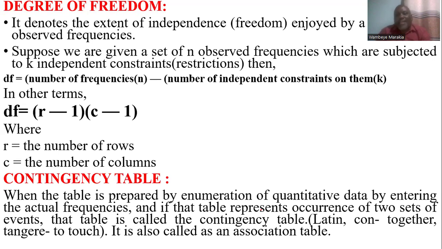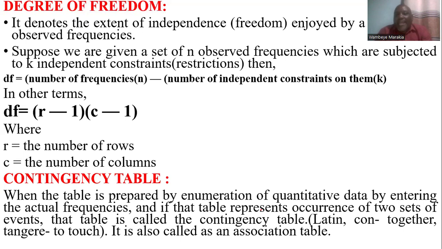So we are going to draw a table, and on one side we have the variables we are considering, and also at the top we have the variables we are considering, and in each cell we enter the actual frequencies. And when we enter the actual frequencies in this table, it allows us to calculate